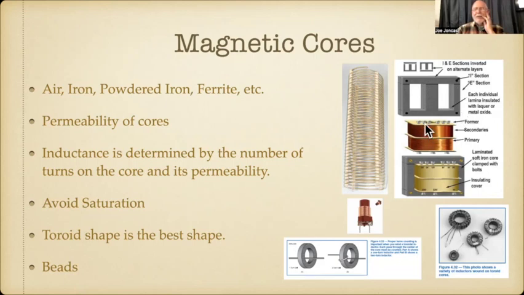The shape of the core is important. Now, here is a core, and it's an air core, but it's just wide open. And as I said, with this one, the inductive, the magnetic field goes like this, and it goes out, and it just keeps going out. With this, it keeps it pretty well contained within this, but some of the magnetic field does get outside of